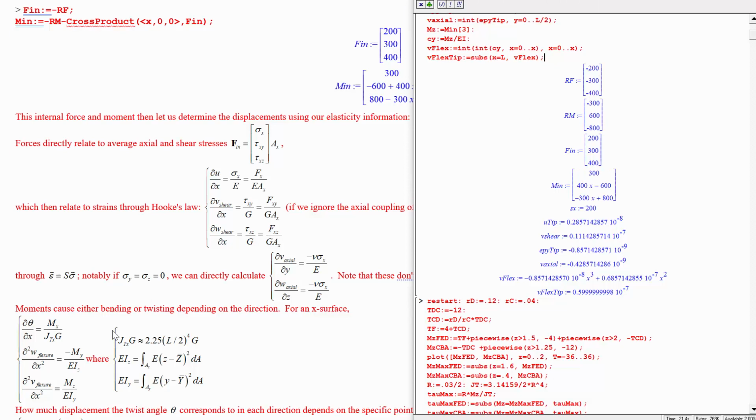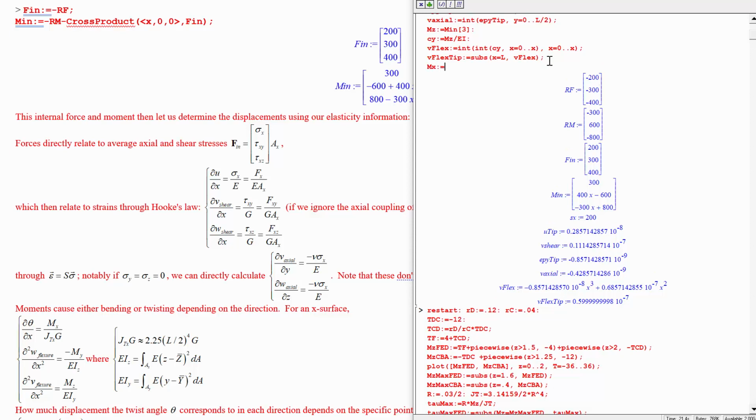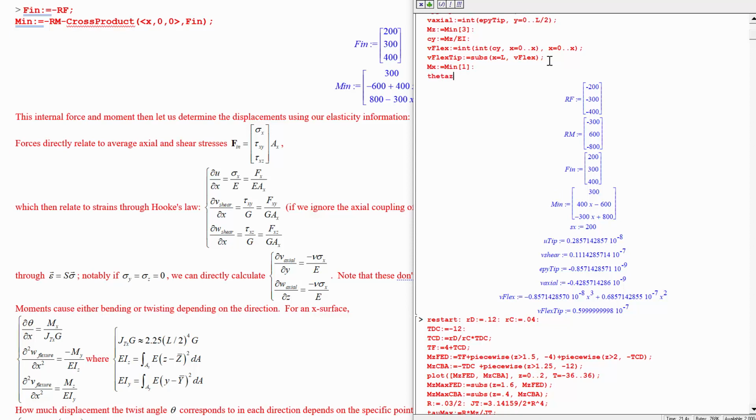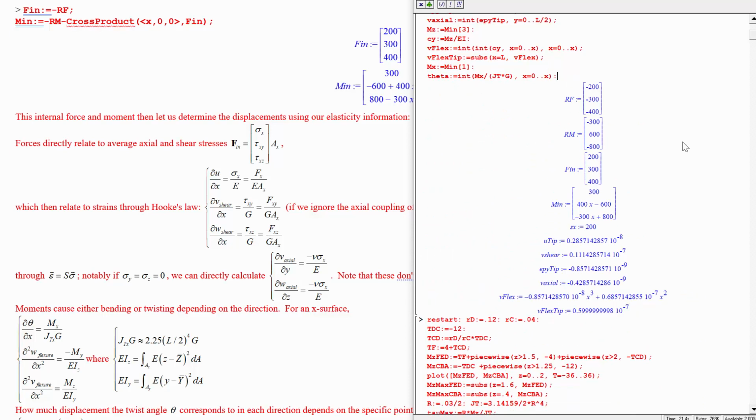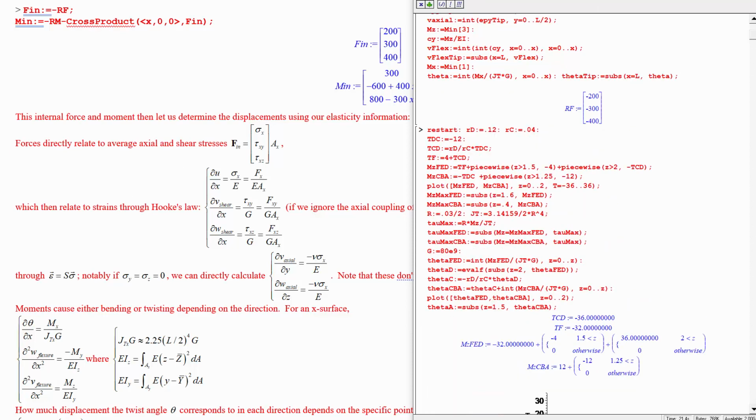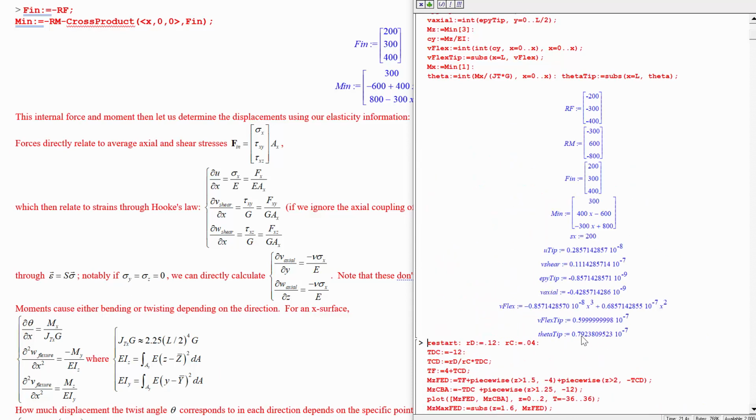And the last thing is the torsional displacement. So we can figure that out by taking mx as the first component, and we worked out jt and g, and we'll say that theta is equal to the integral of mx over jt times g from x is 0 to x, and then work out what theta tip is by just substituting x equals L into that. And then, once we've got that twist angle at the end, hopefully pretty small, yep, quite the small twist angle,